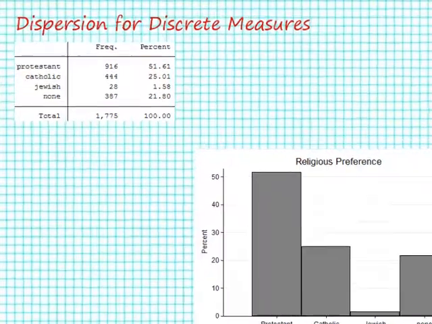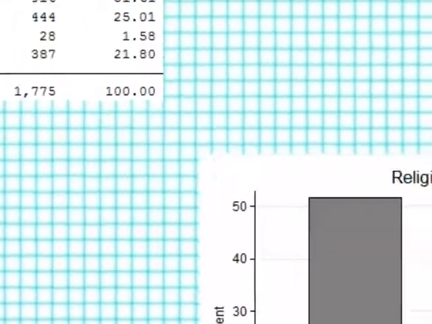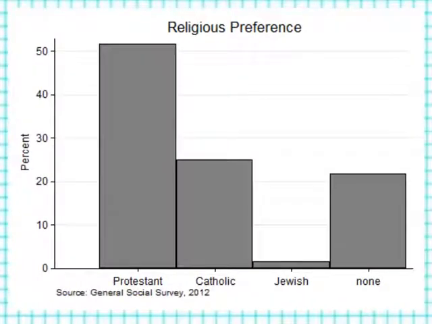The example variable I've chosen is religious identity, and you can see that we have coded respondents as being Protestant, Catholic, Jewish, or none, and you can see the associated frequencies and percentages. So there's our nice frequency distribution, and down on the bottom I've shown the frequency histogram. You can see that the largest category is Protestant, that's our modal category, and we discussed that in another video